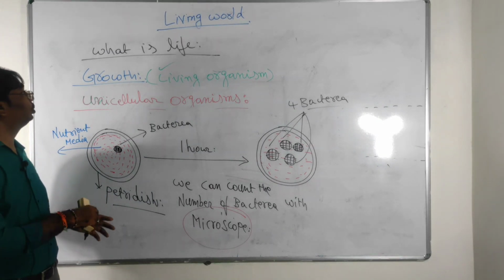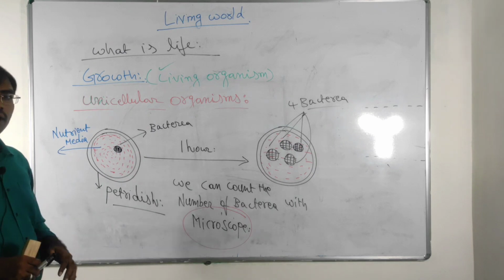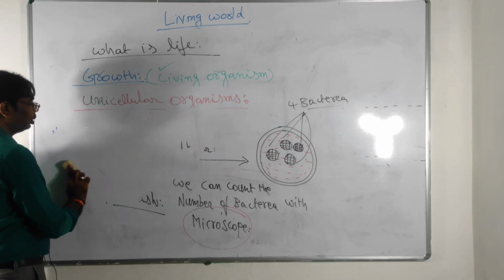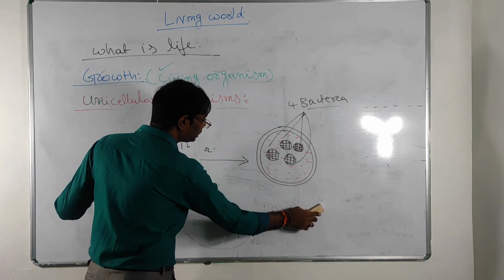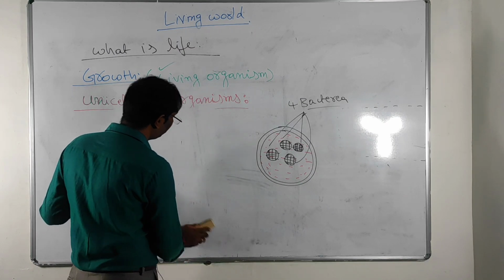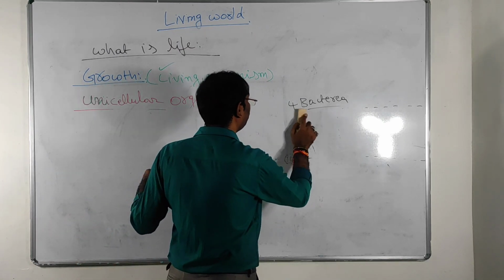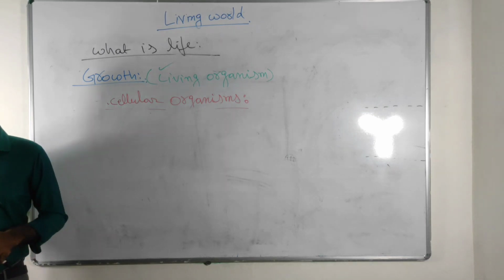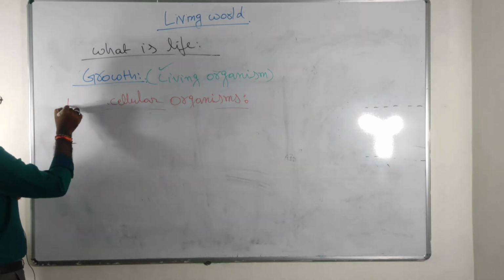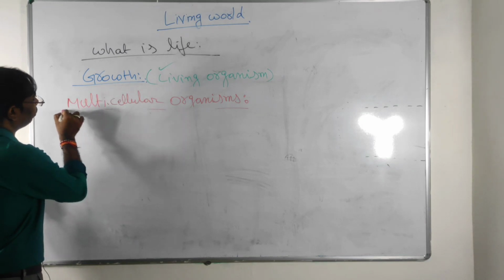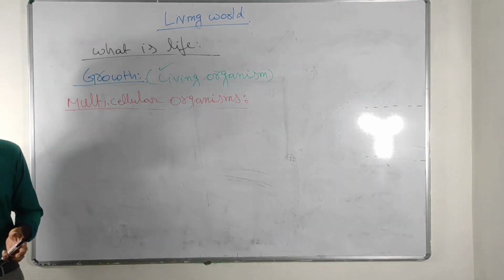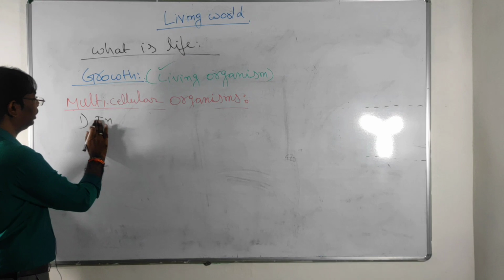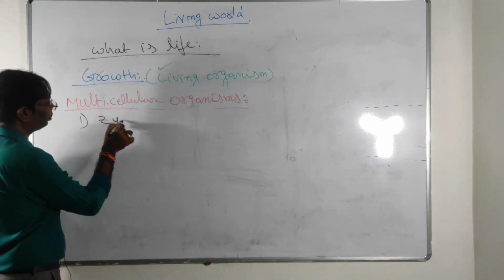So now this is about growth in unicellular organisms. Now we will see the growth in multicellular organisms. The multicellular organism increases its size by increasing the number of cells or by increasing the mass of the cells also. By two ways the multicellular organisms increase their growth. Now I will discuss growth in multicellular organisms. Suppose I give the example of a zygote.